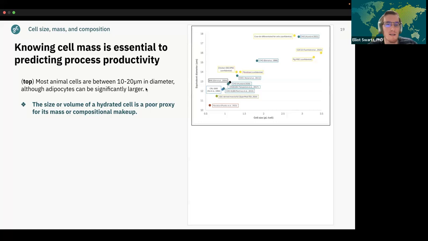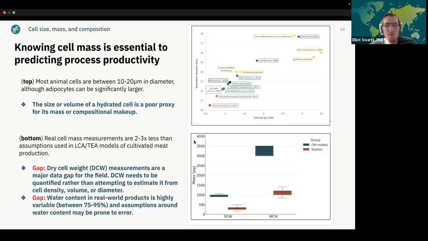Exceptions to that might be fat cells that can be up to 10 times larger, but nevertheless, across existing cell types that have been analyzed, this is generally what you find. Now, the problem is that a lot of people take the diameter of a cell and then back calculate the mass. And this is actually, as we show in the paper, quite a poor proxy for its mass and its compositional makeup. If you look at actual cultivated meat, TEA and LCA models here in green, and the assumptions that